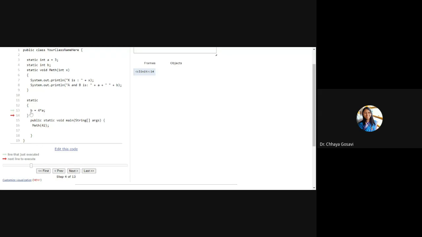This block will get initialized, 4 into 3, that is 12, and this memory gets allocated for A and B with values 3 and 12. And then it will call the math method. Here we passed value 42, which is for X. So it will display X is 42, A is 3 and B is 12.